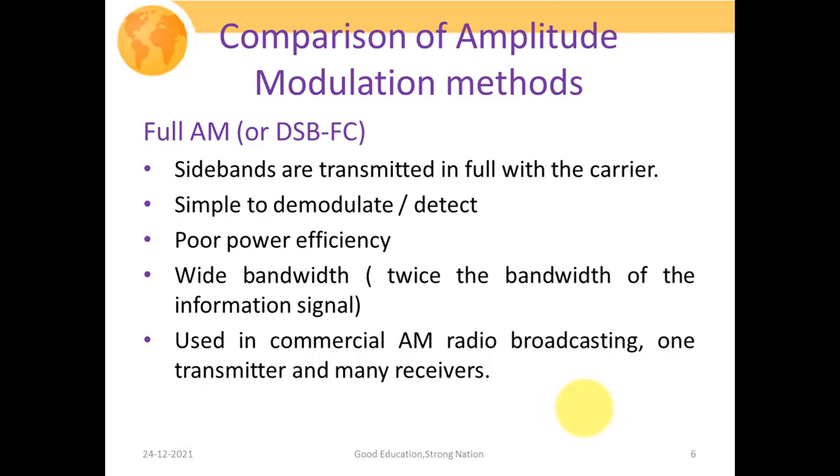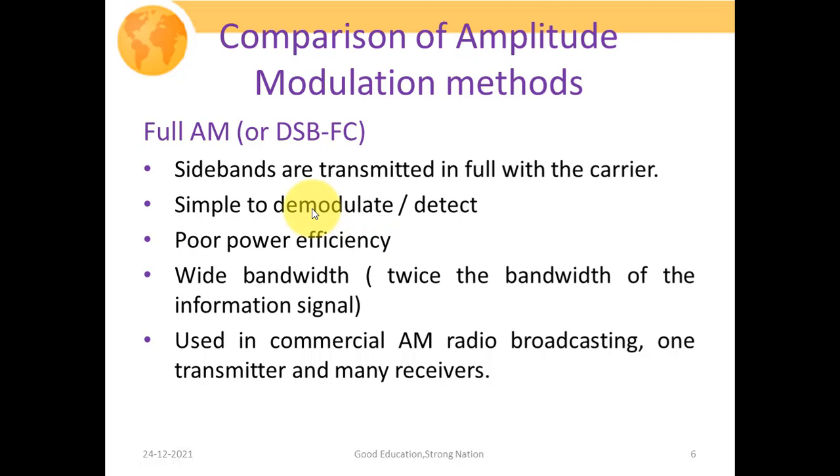So now we're going to give the comparison of the various amplitude modulation families. First we'll start with your full amplitude modulation, or you could say your double sideband full carrier system. This is your traditional AM modulated waveform. Here in this particular case, sidebands are transmitted in full with the carrier. So all three components are present, that is, your upper sideband, lower sideband, as well as the carrier. If we talk about the generation as well as detection mechanism, they are quite simple to generate. That is, with the help of a simple non-linear device such as a diode or transistor, we are in a position to modulate your amplitude modulated signal, or to generate the AM signal.